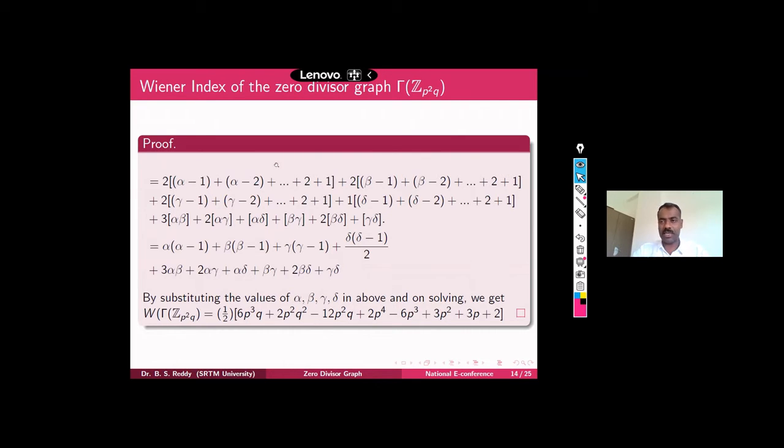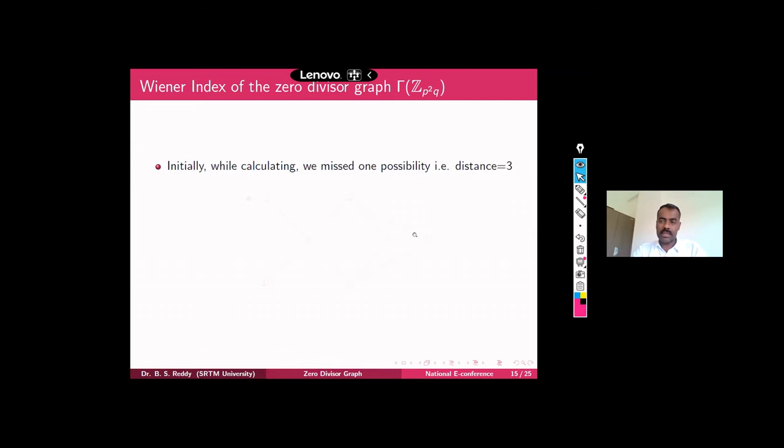This alpha is for the number of elements of set A, and this is for the number of elements of set B, like this. Okay, so what we did is: both elements from A, both elements from B, both elements from D, like that. Okay. So as I said, we missed one case when we were doing it. We had not noticed it at the time. That is the main one, distance 3. So when we were talking about distance 3.